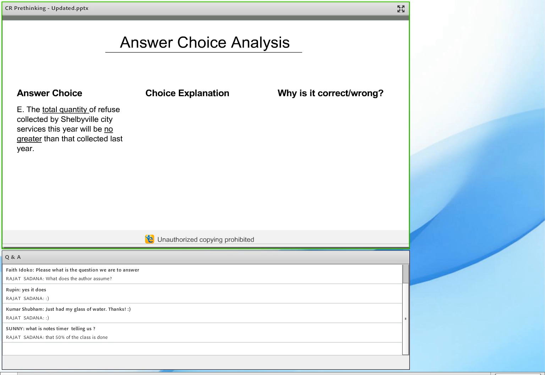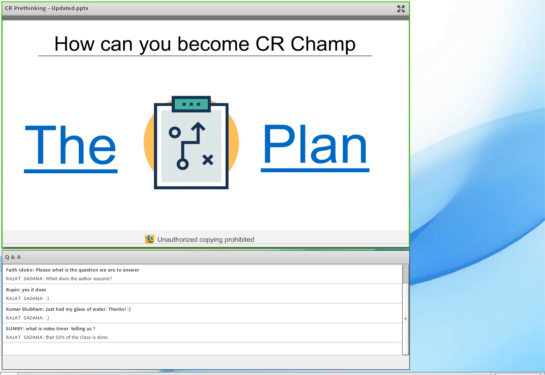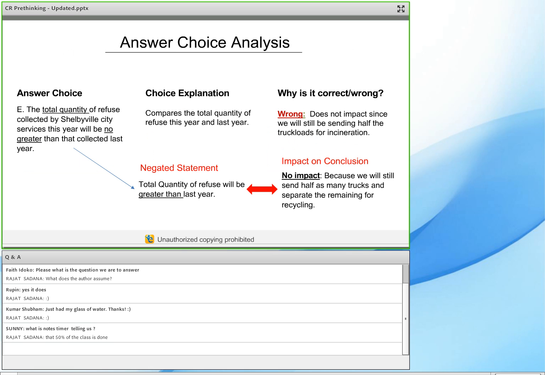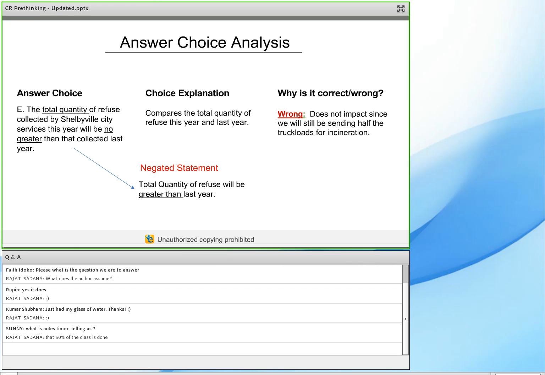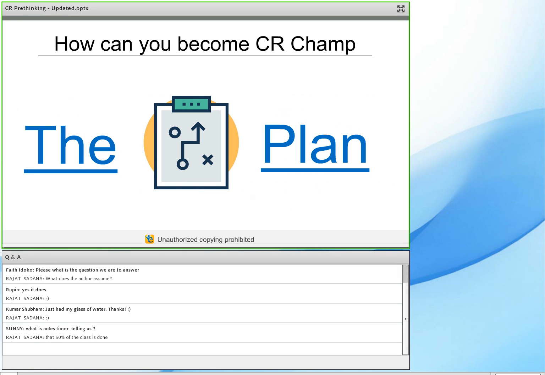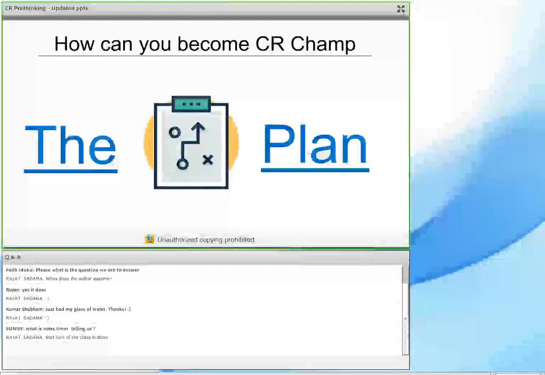Choice E talks about the total quantity of refuse. Do we care about it? No, we already saw that even if we collect 10 times as much refuse, we'll only be sending half as many truckloads. What's the negated statement? Total quantity of the refuse will be greater. Does it matter? Absolutely not. Why? We'll still get half as many truckloads. So again, if you do the pre-thinking right and understand the logic of the argument, getting to the assumption